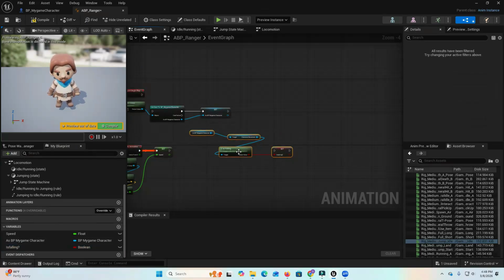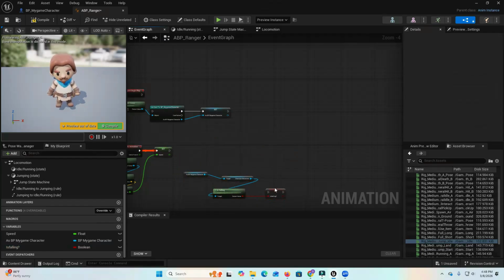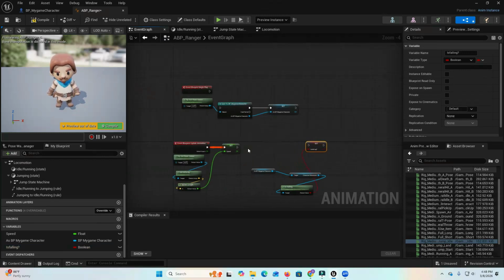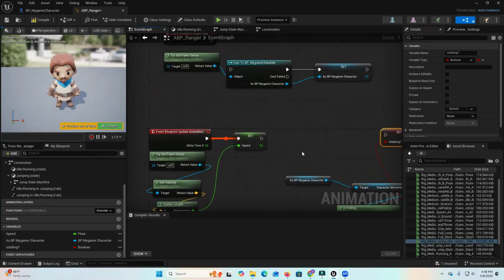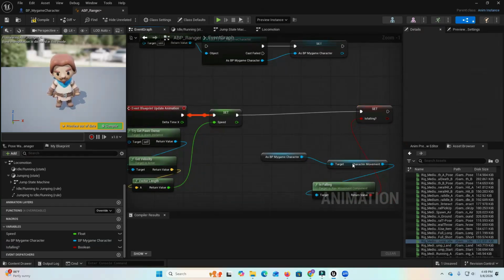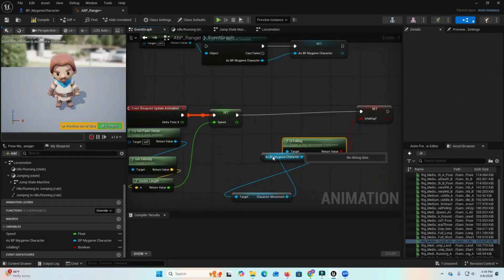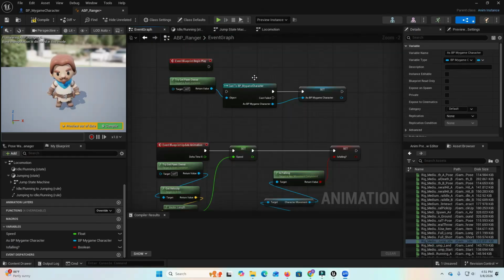So what we need to happen, every frame we need to check the speed of the character and determine and set if the character is fallen. So we need to connect this here. Let me arrange these things. So we need to go back to the locomotion